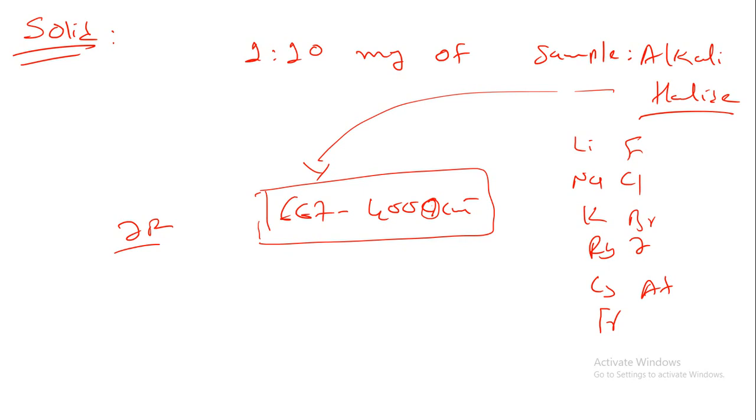So what we have to do is make a pellet. This is known as a pellet. In an IR spectrometer we have this type of pellet machine, in which we have a hole. In this hole we have to put a powder. That powder consists of 1 milligram of our sample and 10 milligram of alkali halide. Most probably the alkali halide we use is KBr, potassium bromide. You can also use NaCl or KI, but in most instruments nowadays KBr is generally used.